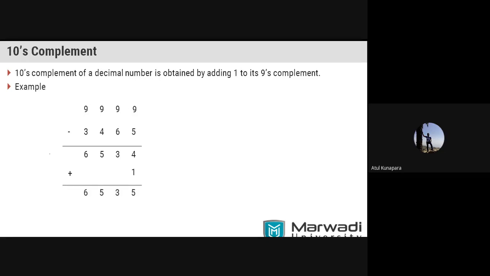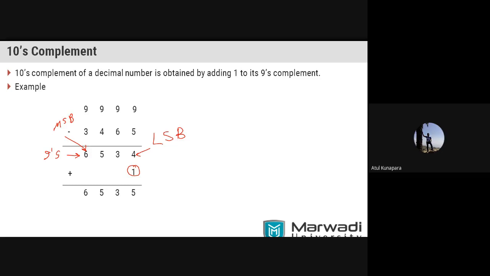So here you can see this is what you are getting, the nines complement form. In the nines complement form, you need to add 1 in the last digit, or you can say from the right side, that is what we call the least significant digit. We call it the LSB, the least significant bit or digit. And on this side, it is the MSB, the most significant bit.